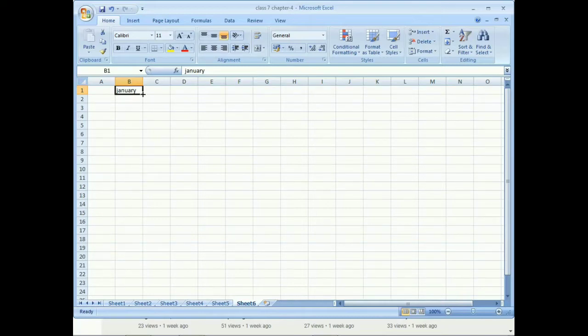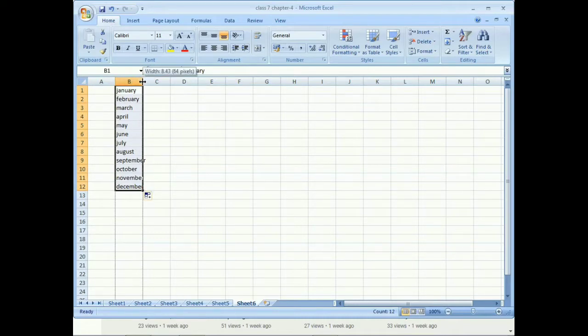Then hold down the left mouse button and drag the fill handle down the cells, like B2, B3, B4, B5, B6 like this, and release the mouse button.